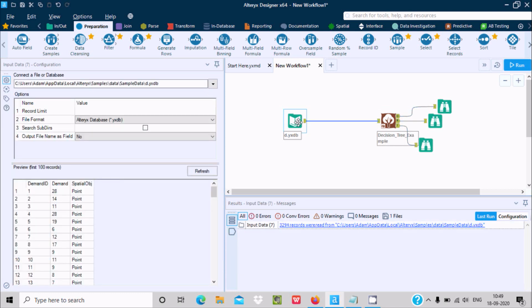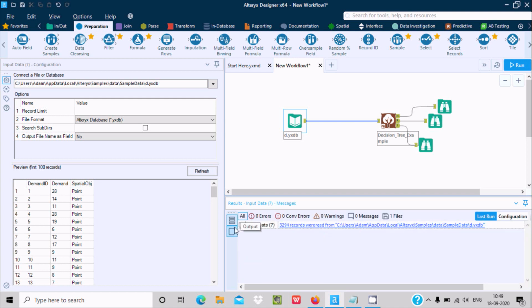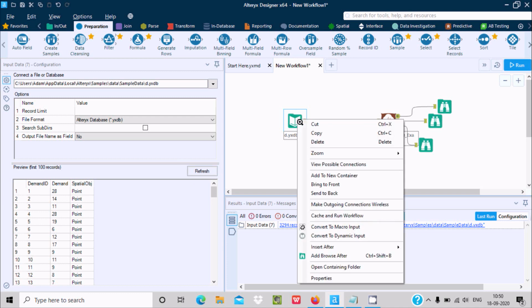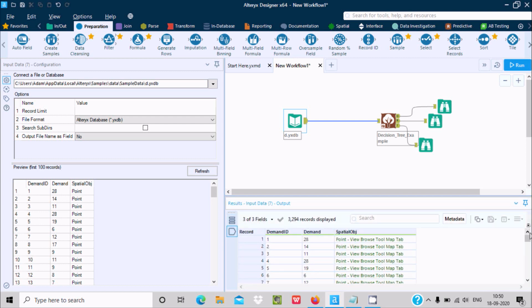When I click here, now you can see this is the spatial object, and here one file. After that, right click on it, Properties. If I scroll down, this is the metadata information.